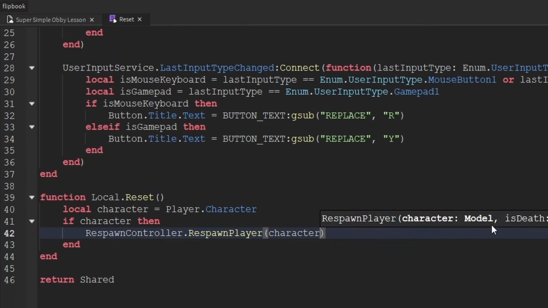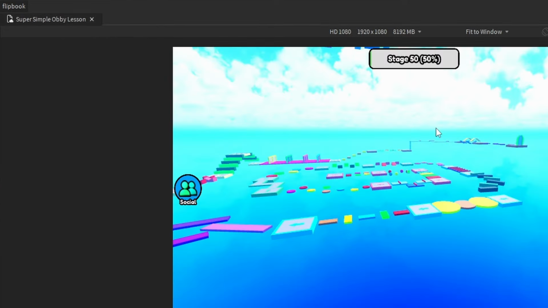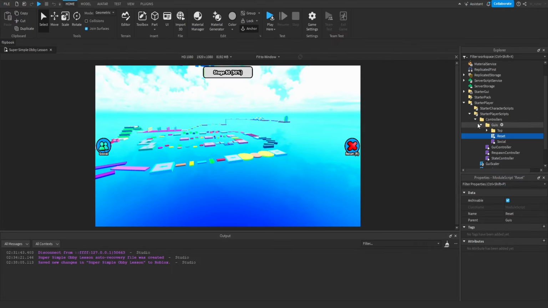Because every single time the player resets by clicking the button or using a hotkey, we of course want that to actually count as a death, so we'll go ahead and pass through true to here as well. And that's all that we have to do inside of this script, so we can go ahead and close out of that. And now there's actually one more change that we need to make, and that is actually on the server side. So inside of the server script service, inside of the services folder, we want to actually update the